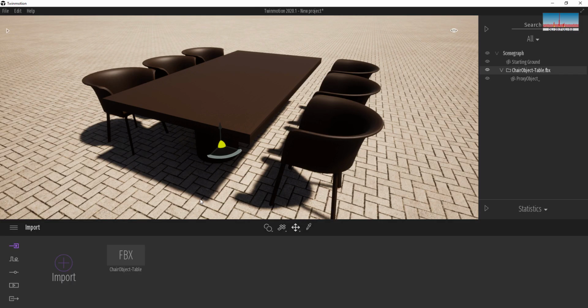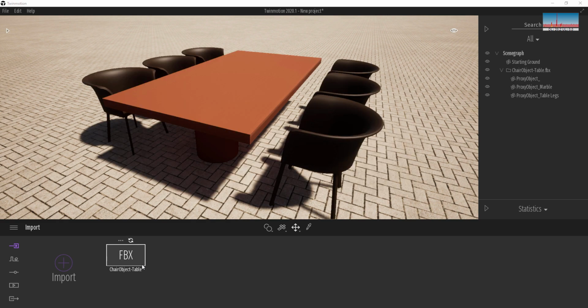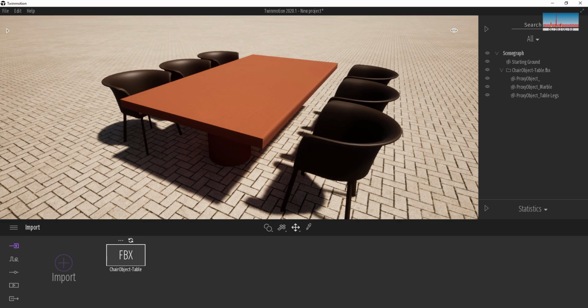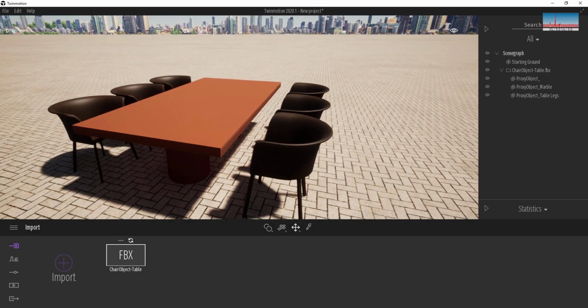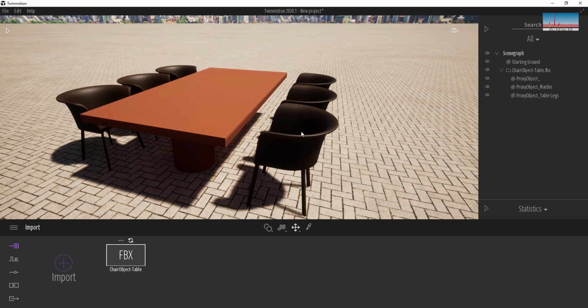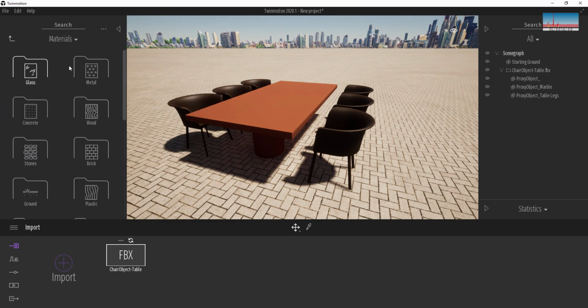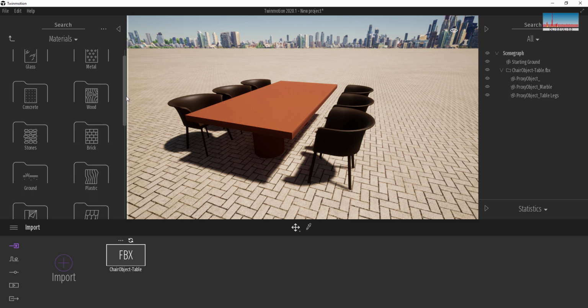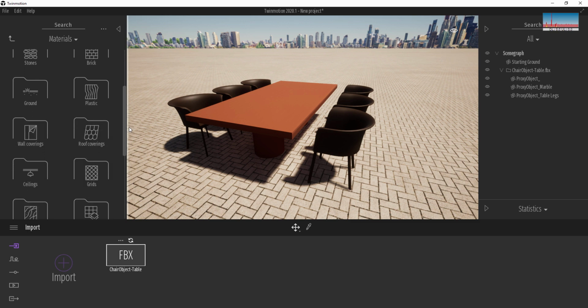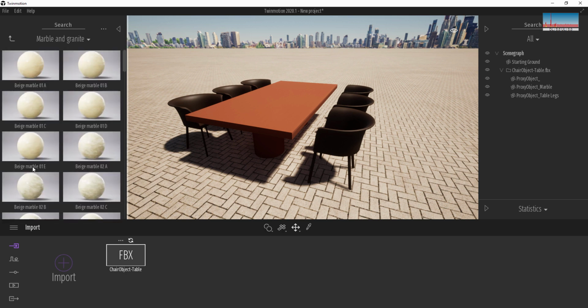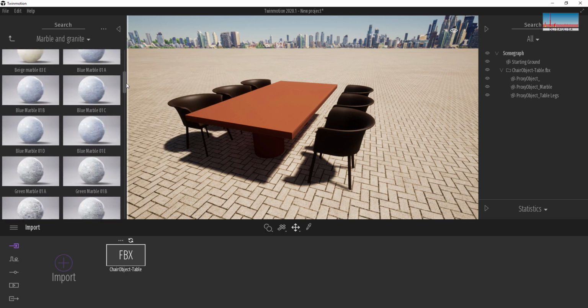I can select my object. And right here I have these two little swirly marks, which simply means reload. And now I have new materials, right? It's updated that. It's kept the materials for the original object. And now it's given me the opportunity to come in and let's add in a marble and granite. And that was sort of a